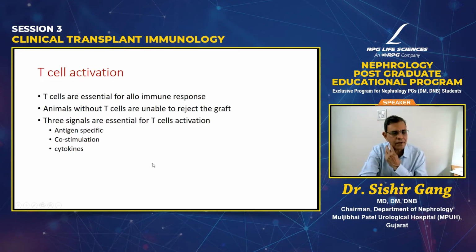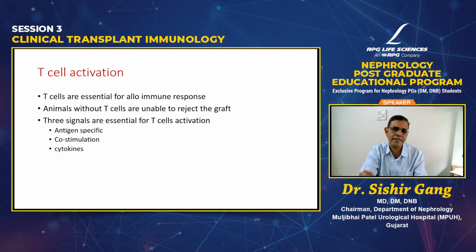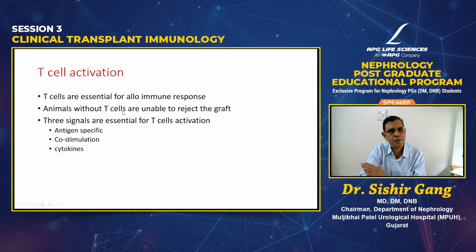And therefore, we see in the first 3 decades after the 1950s and 60s when transplantation started, a lot of studies were done on T cells, and we tried to reduce the response of the T cells so as to overcome the alloimmune response. It's only later on that it was recognized that antibodies are equally important, which I'll show in the subsequent slides. Now, the question is how does a T cell recognize the antigen that is foreign, and how it is activated, we shall see in the coming slides.